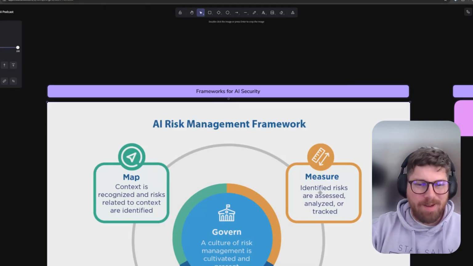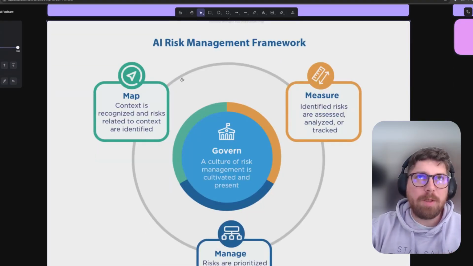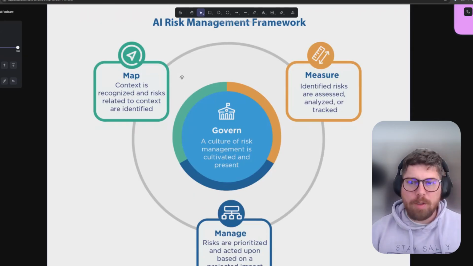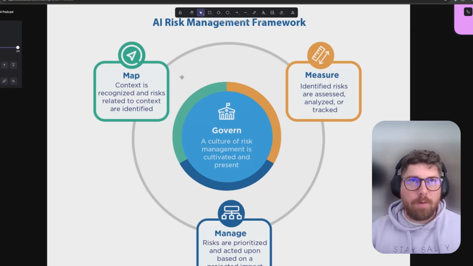Like with any compliance related stuff, I would always be keeping an eye on what NIST is putting out. They have their AI risk management framework. It's a little too high level, not enough real world in the NIST framework, but it does give you something to build from, something to start categorizing your organization's risk within the confines of what they're defining.